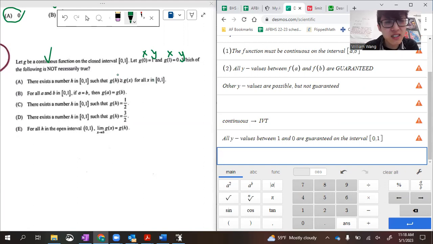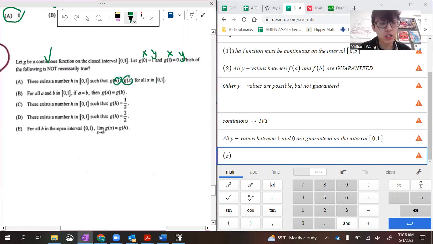Also, all answer choice A is saying is that there's a sort of maximum, right? G of h is greater than or equal to g of x. All right, anyway, basically you can eliminate almost all these answer choices, except for the one which is not necessarily true, which is